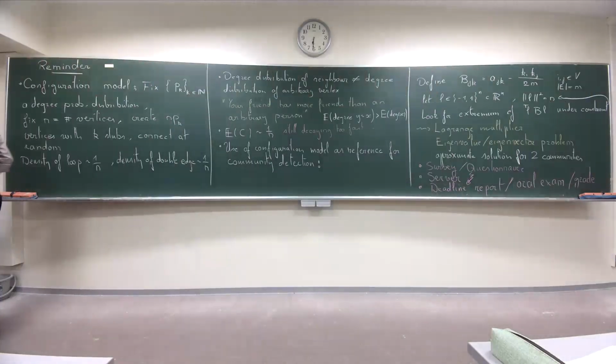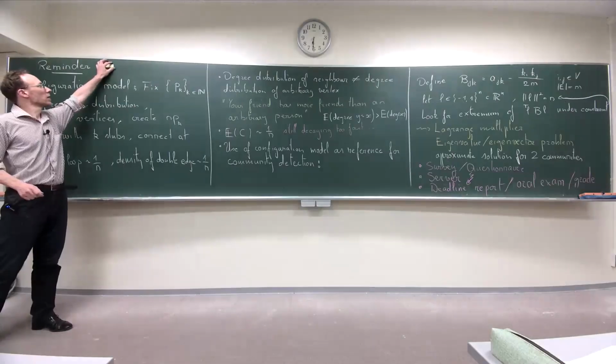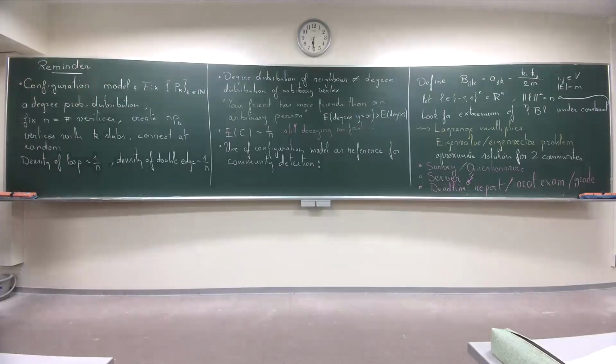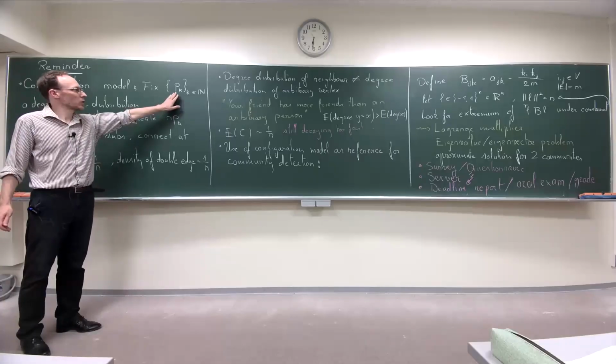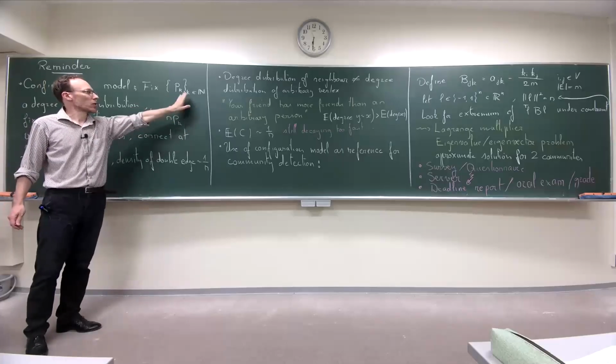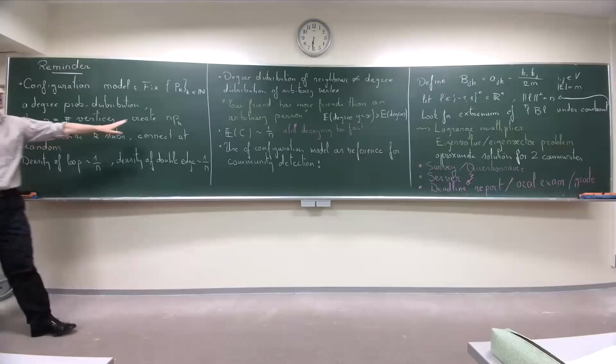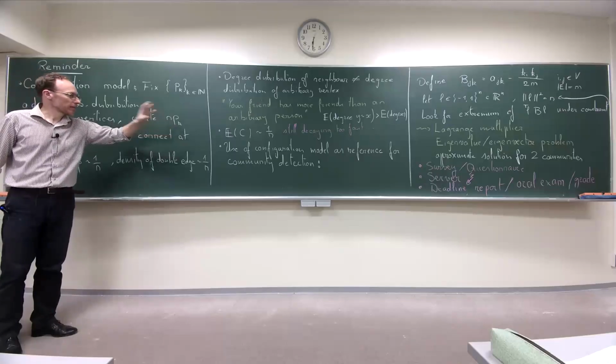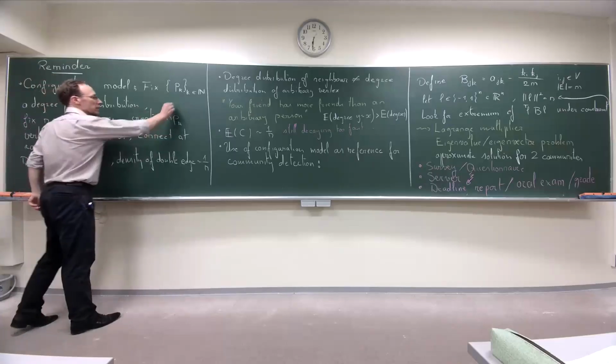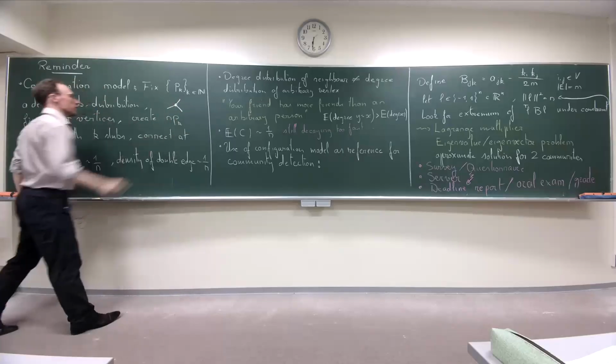So last week we looked at the configuration model. It's a model of random graph, but it's different from the one we have seen before, because in this model, we fix the degree distribution. So you start with a degree distribution, a distribution based on k in N, and you fix the number of vertices you want, and then you create N times p_k vertices having k stubs. So this is for k = 3.